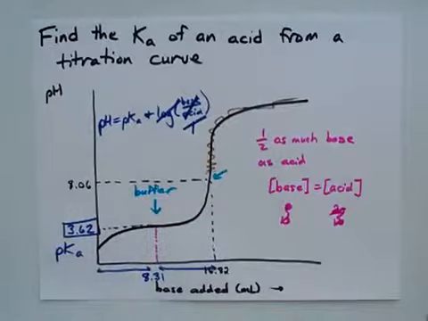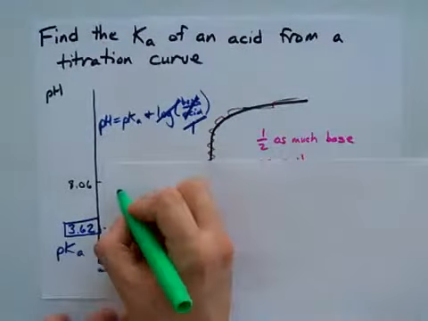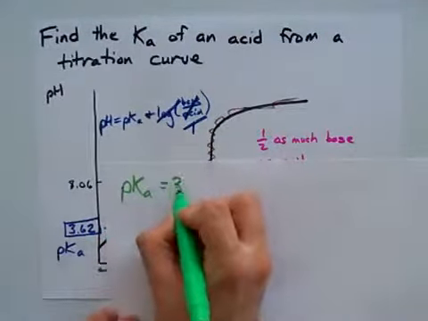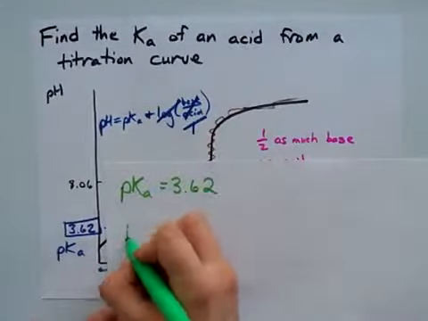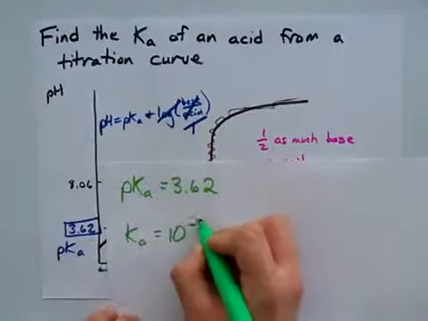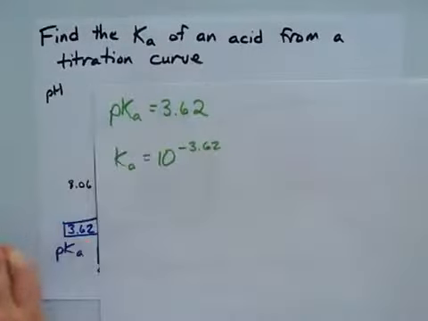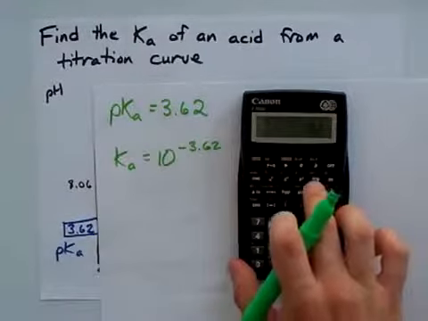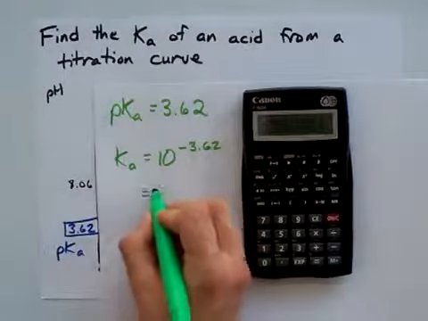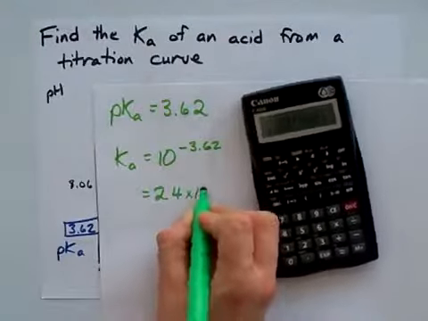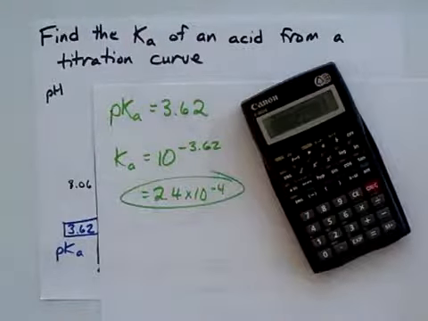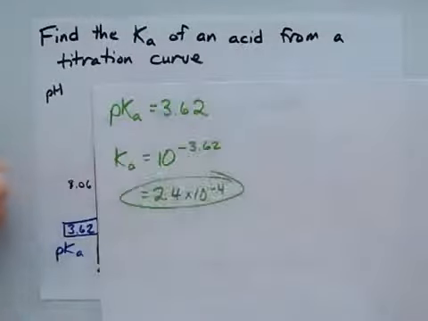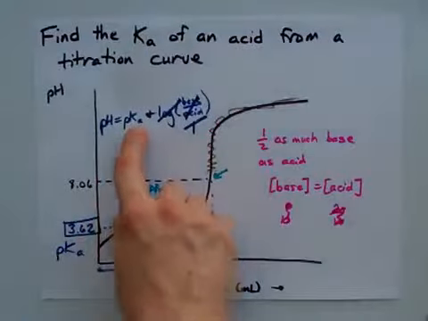And lucky for you, there's a nice easy way to figure out the Ka from the pKa. If the pKa is 3.62, the Ka is 10 to the negative 3.62. On your calculator, I type 3.62 negative, and then I use the 10 to the power of button, and I get 2.4 times 10 to the minus 4. And that's how you find the Ka of an acid from the titration curve. The pKa of the acid is the same as the